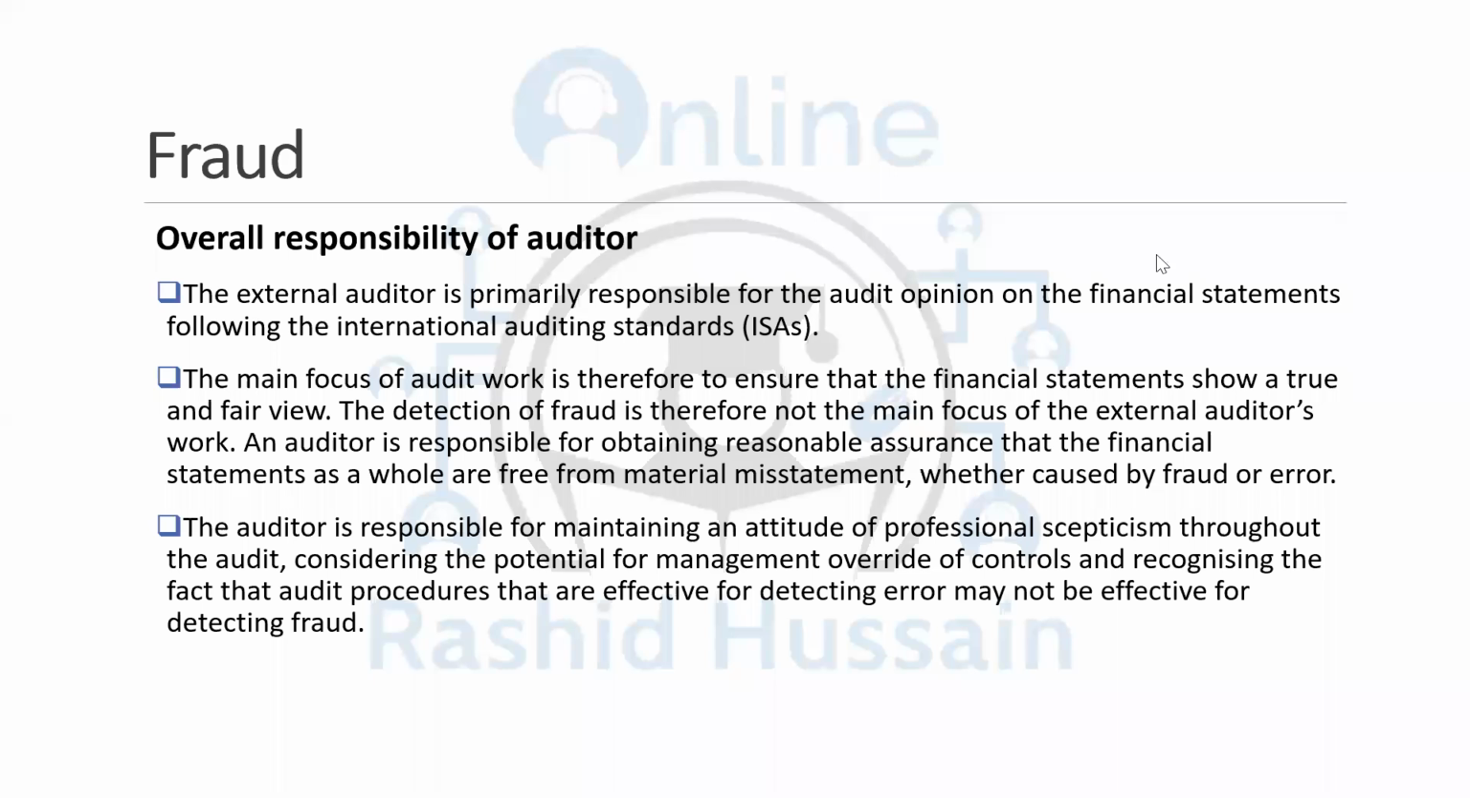All right, now we have two more important topics. The first one is auditor responsibility in relation to the detection and prevention of fraud. And the other one is going to be auditor responsibility in relation to the detection and prevention of non-compliance with